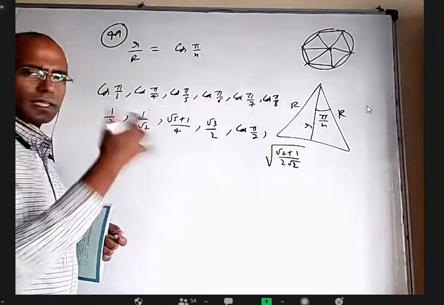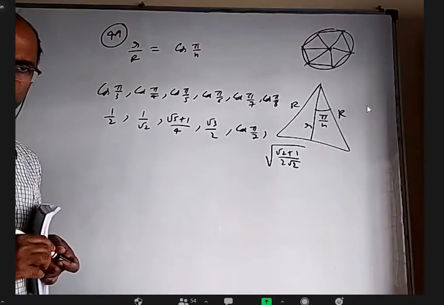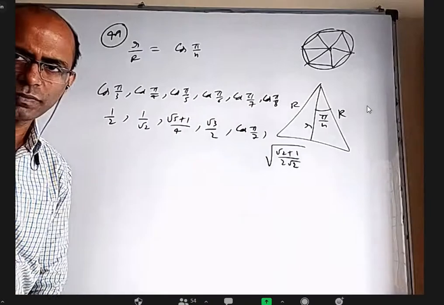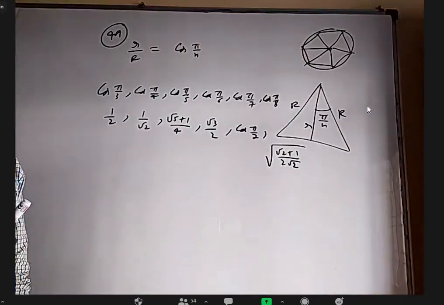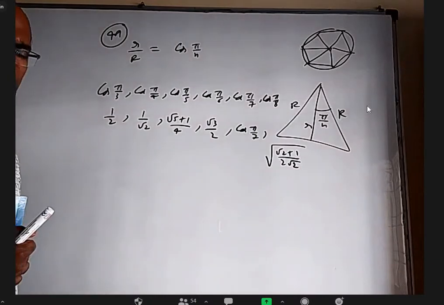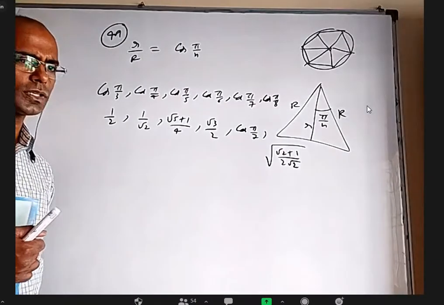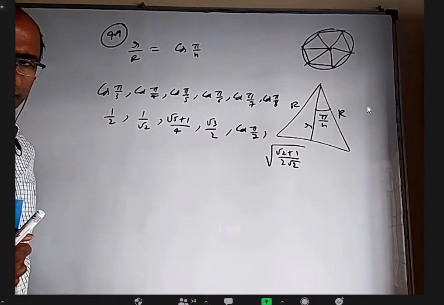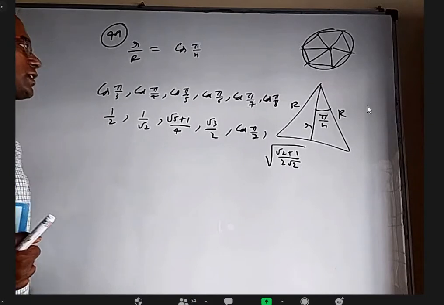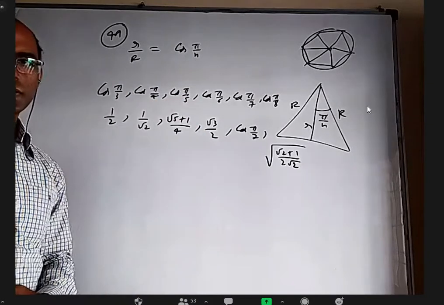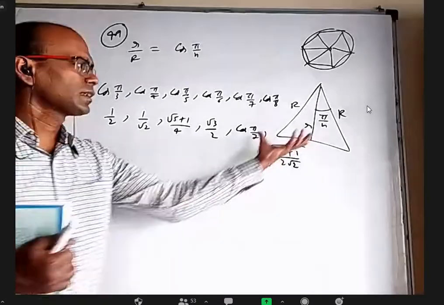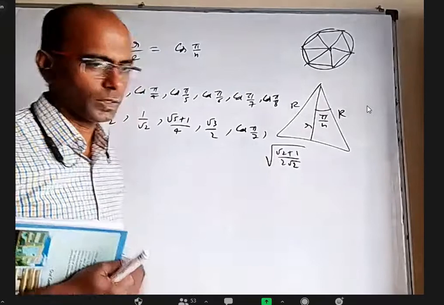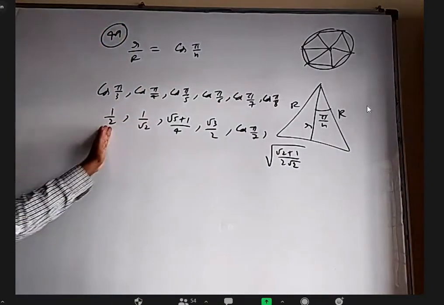All these values, are they increasing or decreasing? From here to here, what is happening to my values? Angles are decreasing, cos values are increasing. Finally, cos 0 will be 1. We can see the more it becomes narrow, this will become more or less the same, finally tending to 1. So it is reaching 1, from 1 by 2 up to 1.